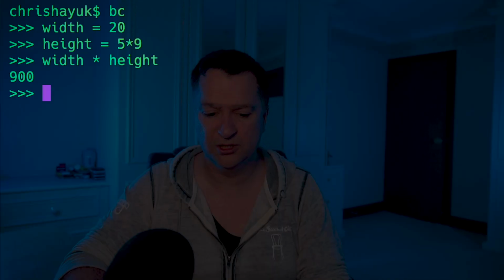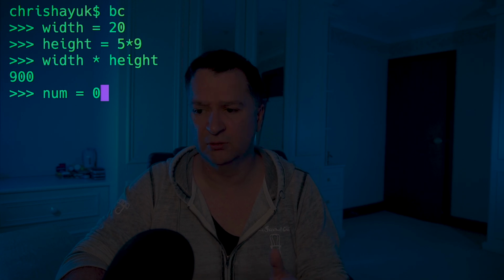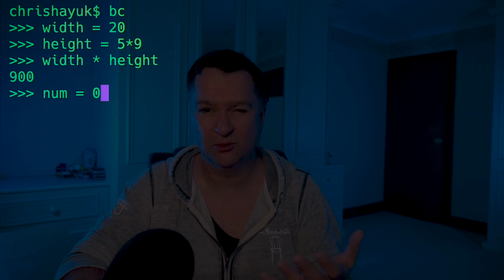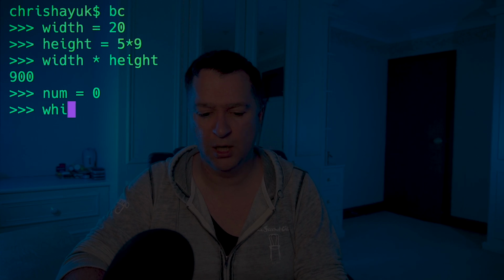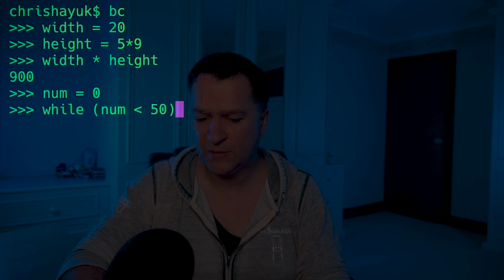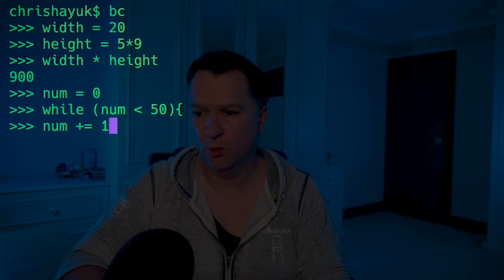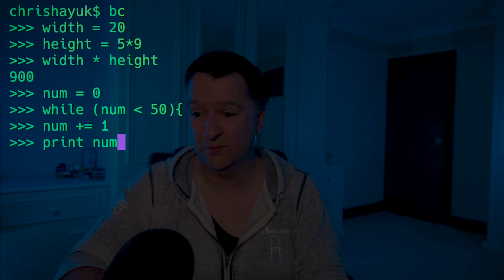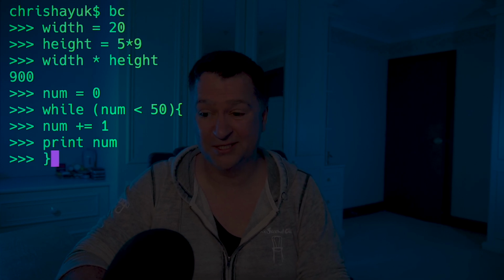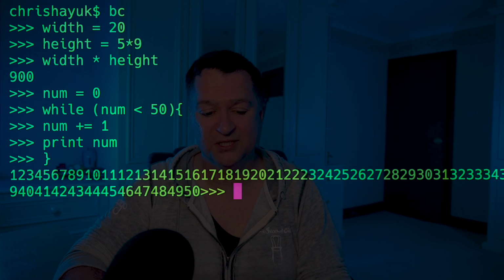And this is where I'm going to move away slightly from Guido's paper, but I just want to show some more of the similarities between basic calculator and Python. So if I wanted to, I could do num equals 0. Essentially, we're going to do a little while loop: while num is less than 50, num plus equals 1, print num. I'm starting to think this is going to look familiar to everyone, and then you can see it's done 1